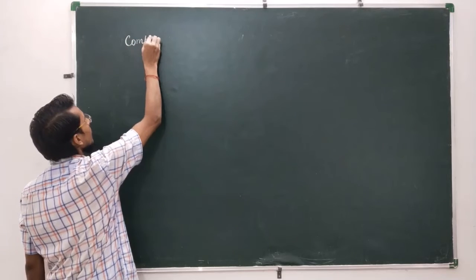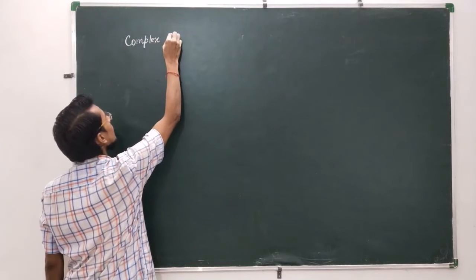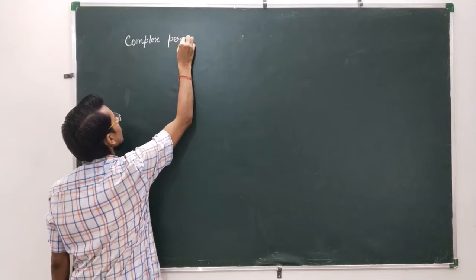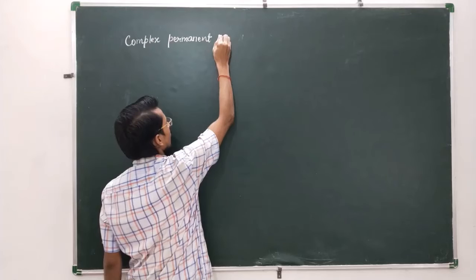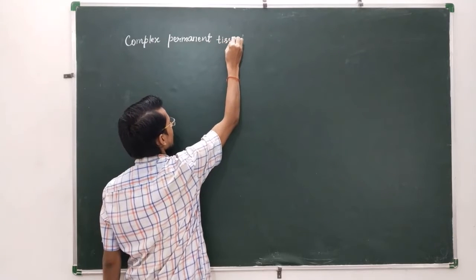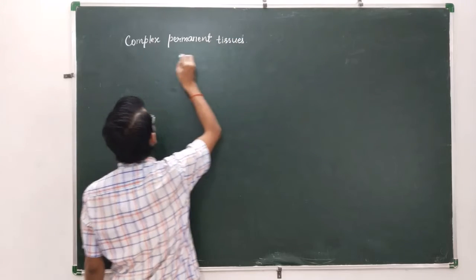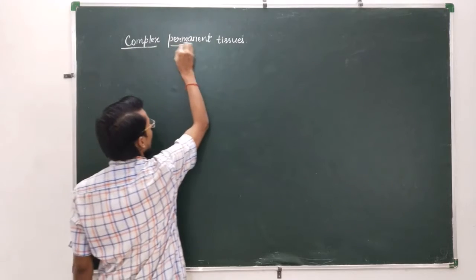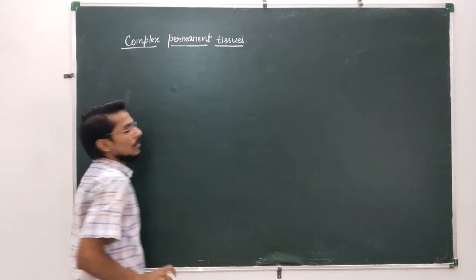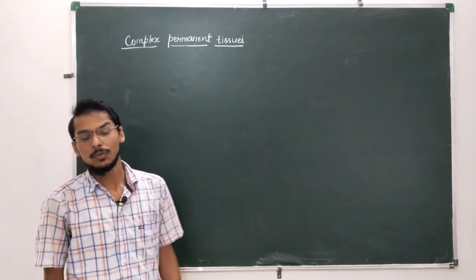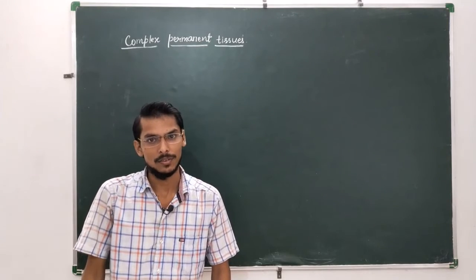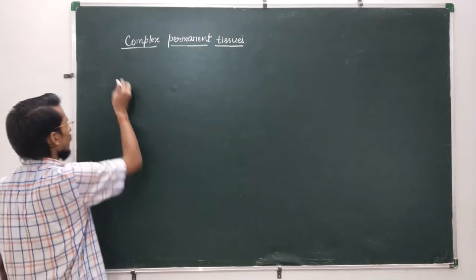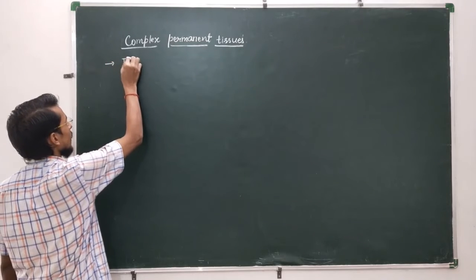Complex permanent tissues. This is another type of tissue which is present in the plant body. And I have already mentioned that the complex permanent tissue consists of more than one type of cells. Okay, so let us mention here, they contain